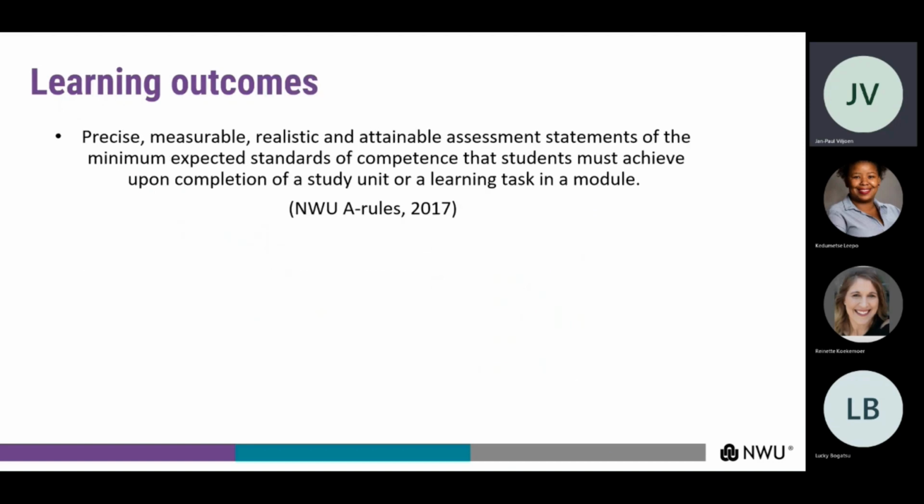The learning outcomes of your module, study units, and study sections are what you need to be able to do on completion of that module, unit, or section. These provide concrete ways in which you can measure your progress in a module. These are stated at the start of each study unit or study section along the lines of, at the end of this study unit, you should be able to do A, B, C, etc.